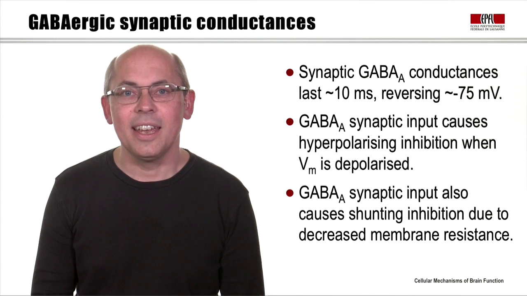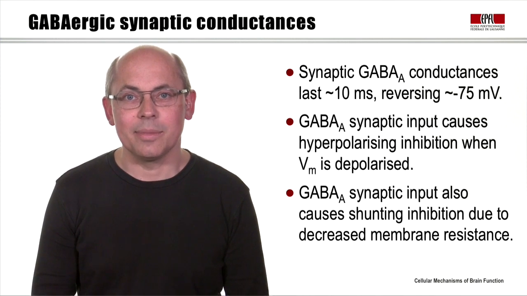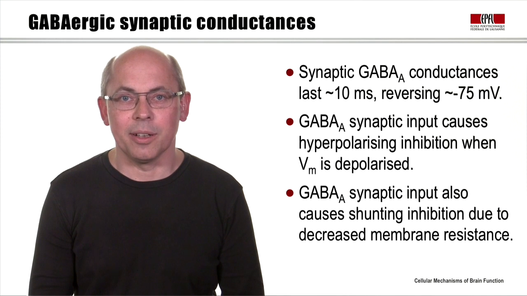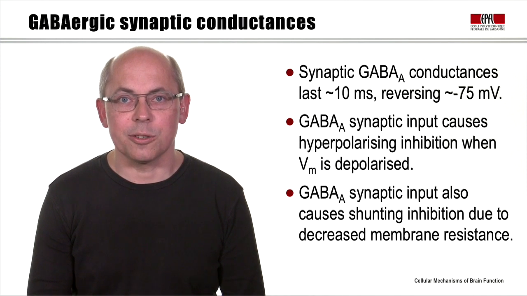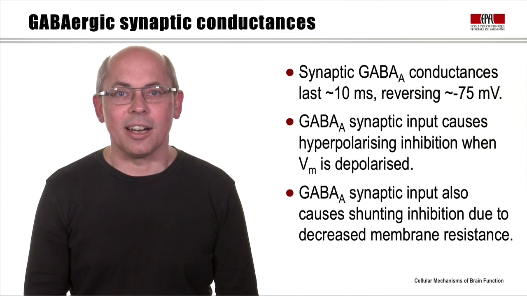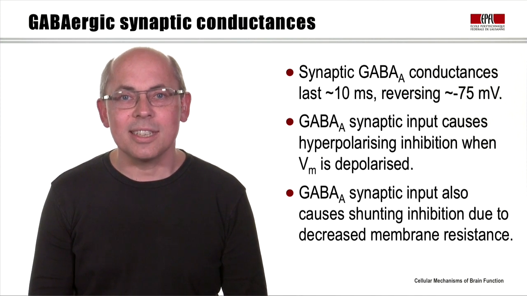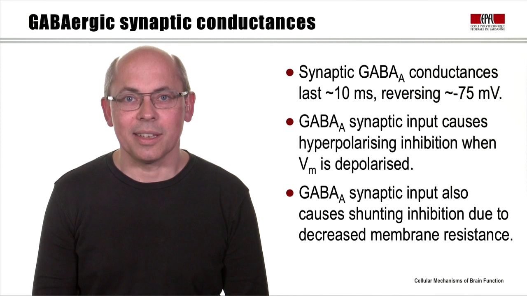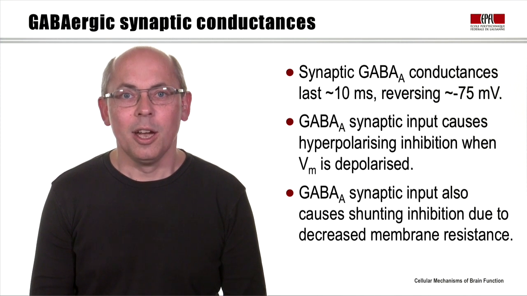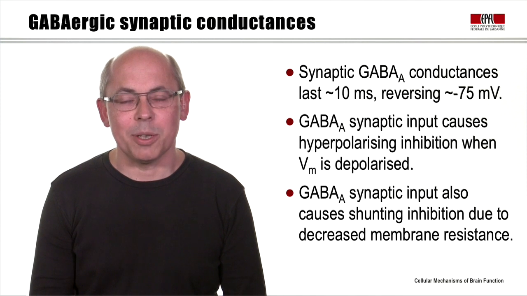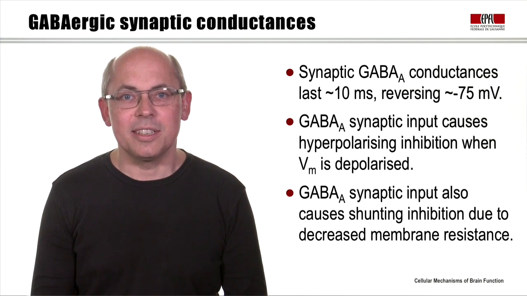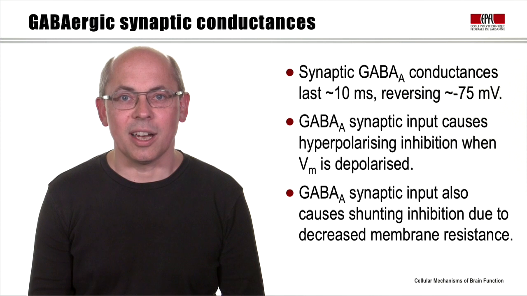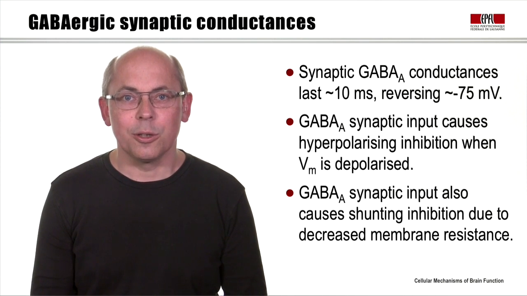So in this video, we've seen that the GABA-A conductance lasts some 10 to 20 milliseconds and has a reversal potential of somewhere around minus 75 millivolts, depending upon the local chloride concentrations. The GABA-A conductance can mediate inhibition in two slightly different ways, both of which, of course, depend upon the chloride conductance mediated by the ligand-gated GABA-A receptor. The first one is hyperpolarizing inhibition, and this occurs when the membrane potential is depolarized relative to the chloride reversal potential. And that's simply a movement of chloride ions in, negative charge inside the cell, causing a change in